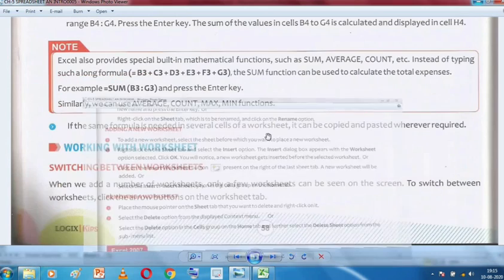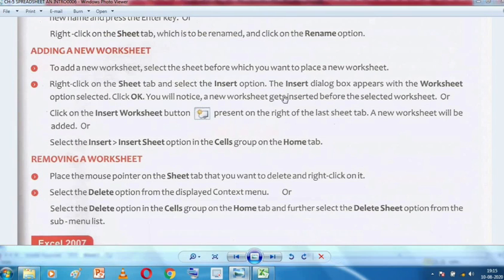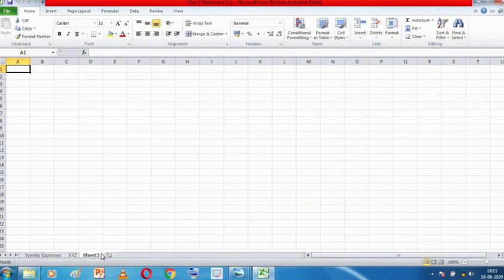So if I want to add a worksheet after this sheet 3, there should be one more sheet after sheet 3. So I need to select that worksheet before which you want to place the new worksheet. If I want my worksheet after this sheet 3, I have to select this sheet 3.